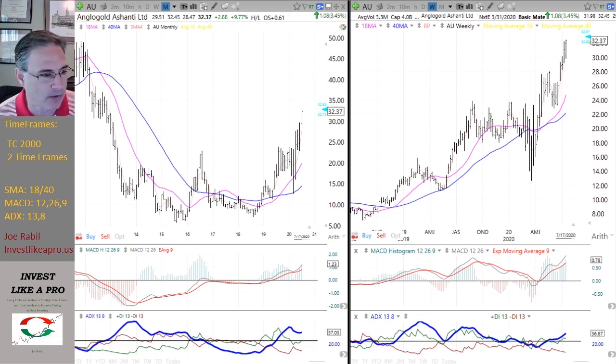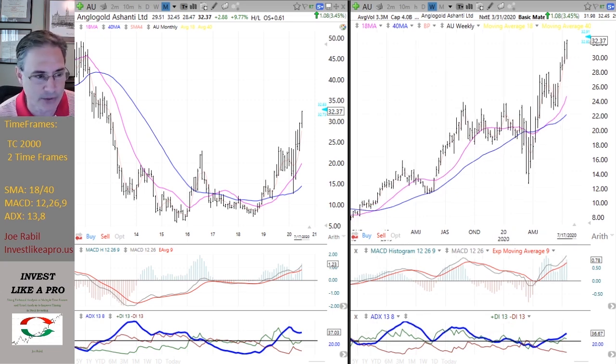I find it to be very, very helpful for me. So I use it every day. So let's go through and look at this stock. On the left side, I've got a monthly of the AU, and on the right, I've got a weekly